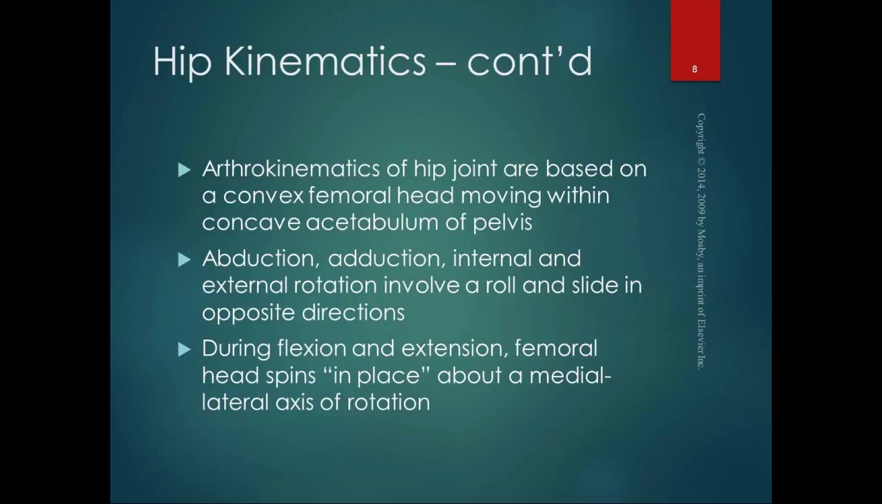The arthrokinematics of the hip joint are based on a convex femoral head moving within a concave acetabulum. So abduction, adduction, internal and external rotation involve roll and slide in opposite directions. During flexion and extension, the femoral head spins in place about a medial-lateral axis of rotation. So it's a little bit different from shoulder because of that